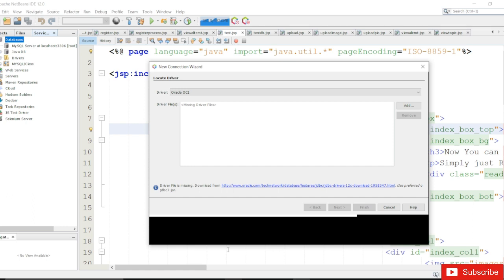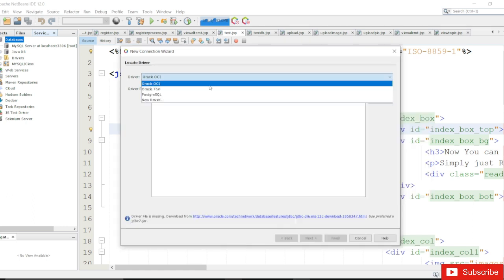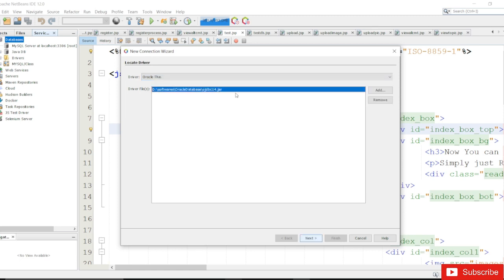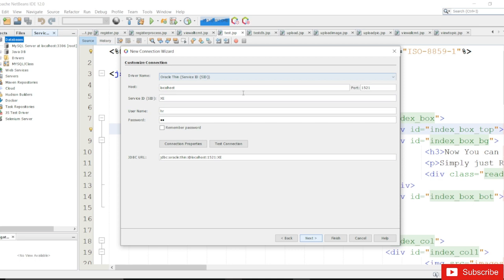Okay, so this is Oracle. Ours is Oracle thin. Now you can see this is done. I already added the driver files. Click enter new. You can check for this XE. Change this to your system name. Mine is system only. If you want to change, you can change. And the password is